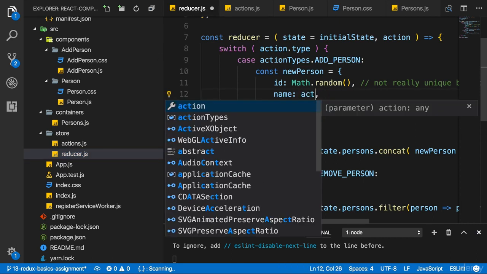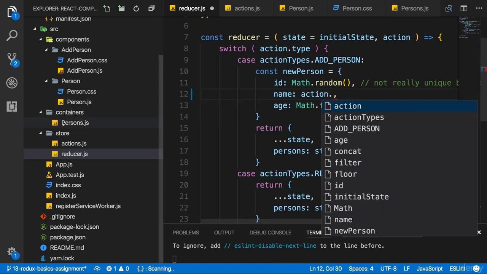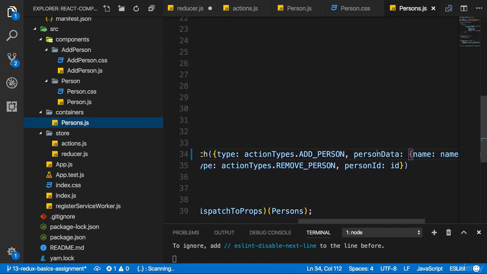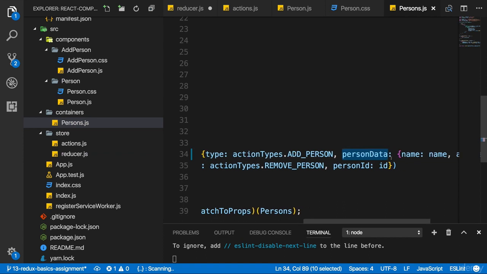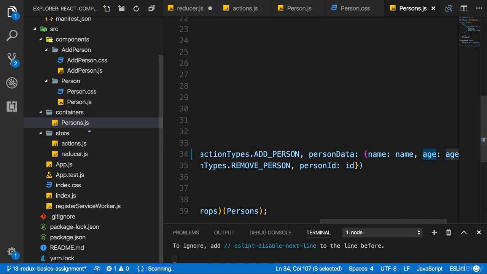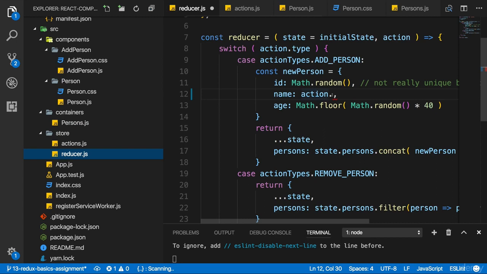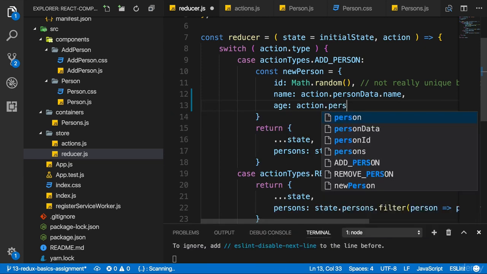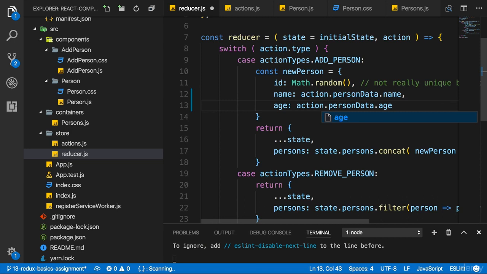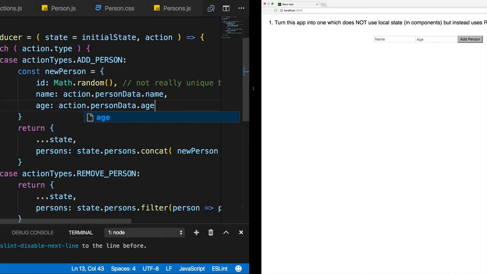So for the name, we would get action, and then I used a key named personData, and that would hold an object with name and age as keys. So I would access action.personData.name for the name, and for the age it would be action.personData.age. And now if we save all files